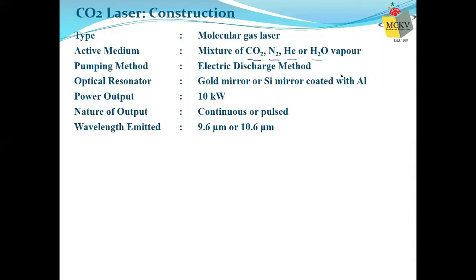This is the only type of laser we have discussed that is a molecular gas laser. That means so far, whenever we are talking about the energy level diagrams, these are energy levels for atoms, so atomic energy levels, that means these are for electronic states. But now we are talking about molecular gas levels. That means in general, the whole molecule is involved. So it is not about transfer of electrons. Whenever we are saying an atom is excited, what does that mean? It means actually an electron jumps from a low energy level to a high energy level.